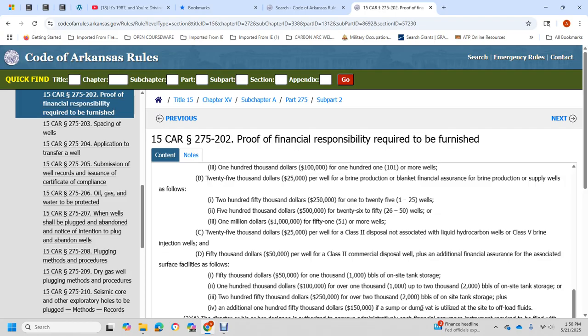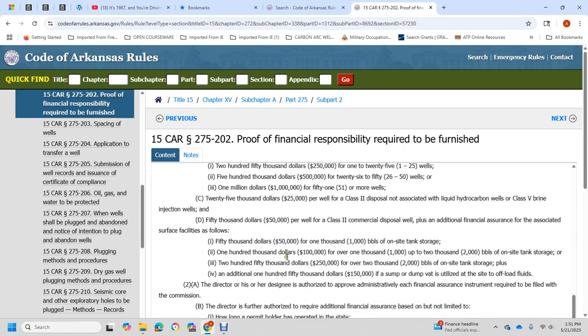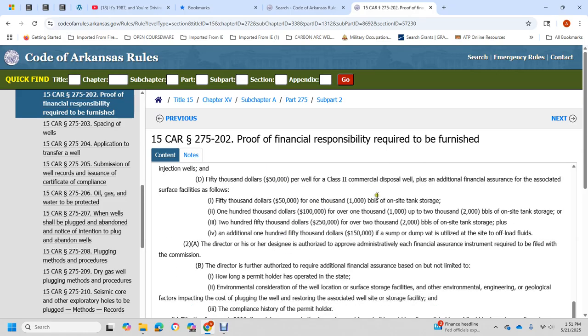at $250,000 for 1 to 25 wells, $500,000 for 26 to 50 wells, and $1 million for 51 or more wells. Class 2 wells with a deposit associated with a liquid hydrocarbon well, and a Class 5 brine injection well, are $25,000 per well. A Class 2 commercial disposal well is $50,000 per well, plus additional financial assurance associated with the wells: